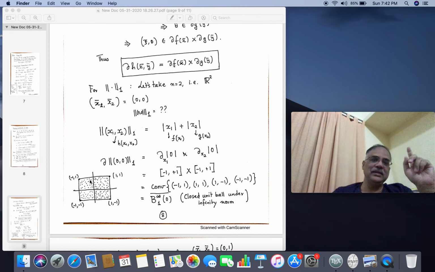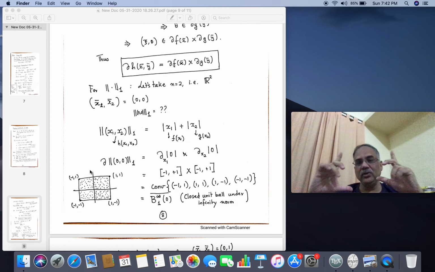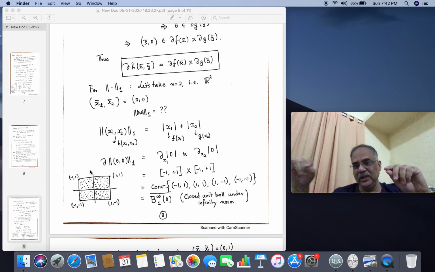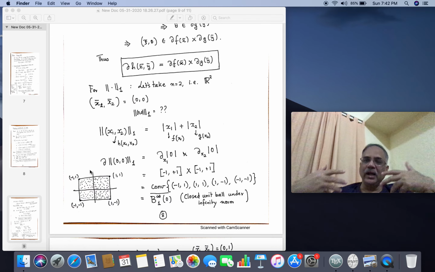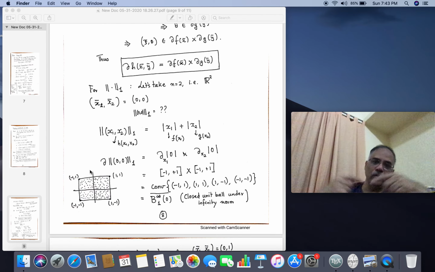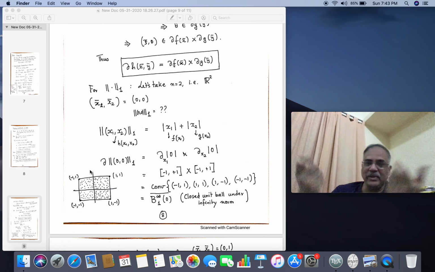It is exactly this. So what is the infinity norm? The norm x infinity means you take the max of modulus x1, dot dot dot, modulus xn. You take the absolute value of everything, and then take the maximum among those n quantities, the maximum value, you choose that. That is your norm x infinity.